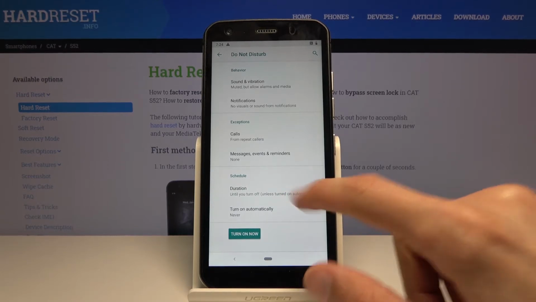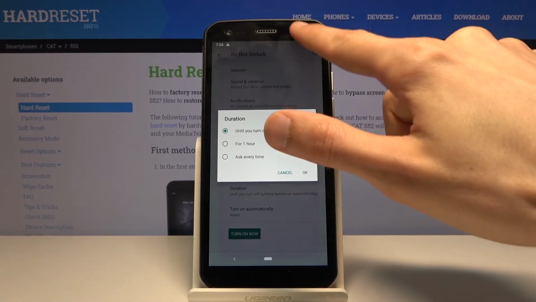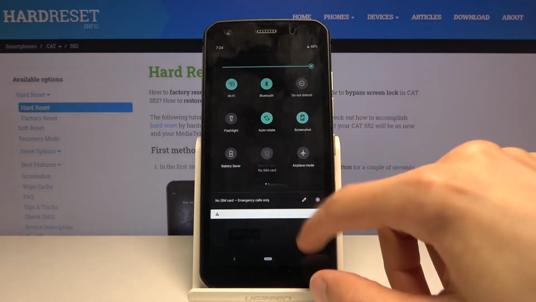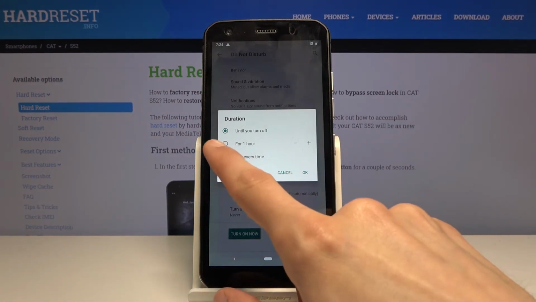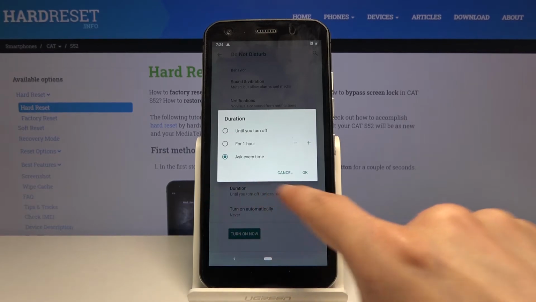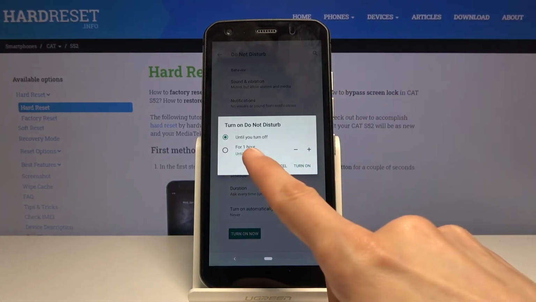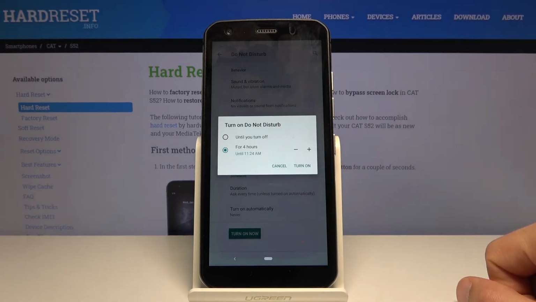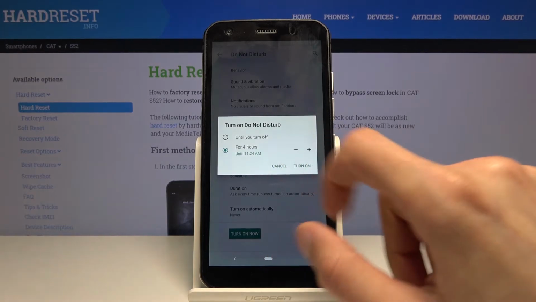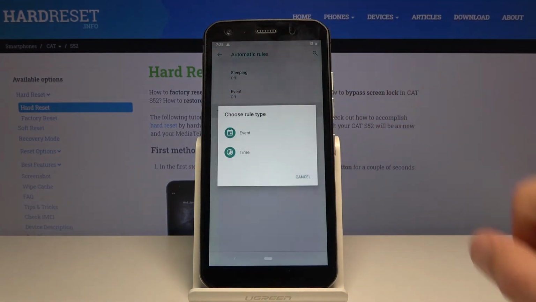And then you have schedule. This is for a normal toggle. If you tap on it right here, you have either until you turn it off, for 1 hour, or ask every time. This option is better to have set right here, and this way whenever you tap on it, it will ask you if you want to enable it until you turn it off or by setting a specific amount of time. And then we have turn on automatically for a schedule, which you can add your own,